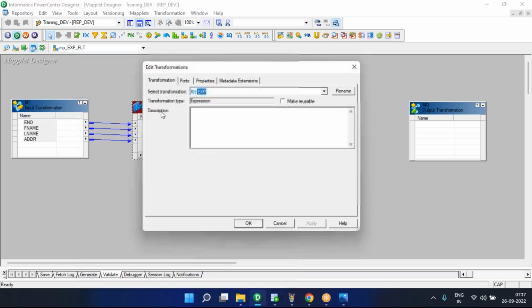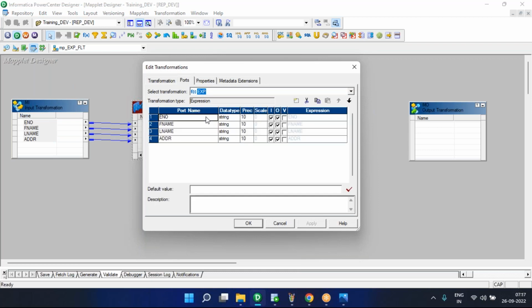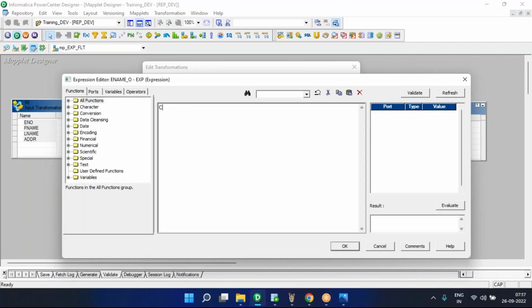Okay, and inside the expression we have to write the concat function. Before that, make sure the data type is a double, and these are the strings. And then we can create a new port, employee name underscore wo, and this is also a string. Disable this one. Here you have to write the concat function,